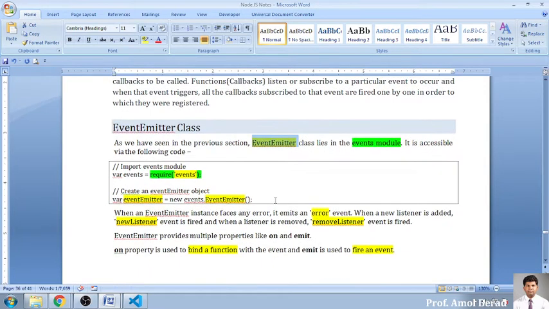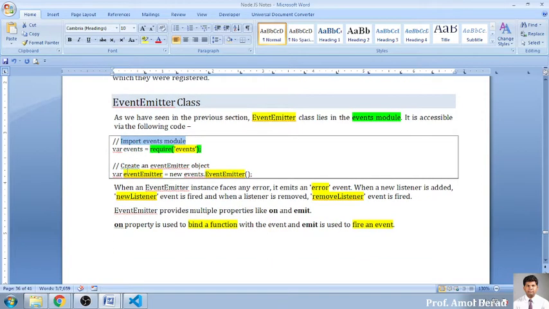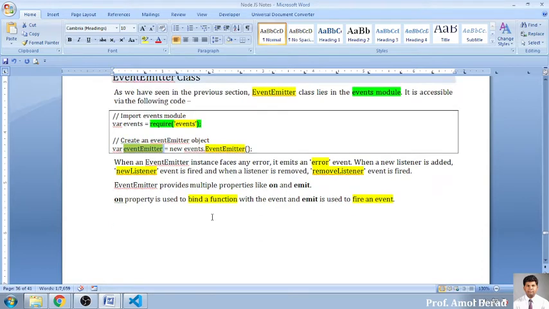So there are two statements whenever we work with events. First, we need to require the events module to be inherited into your application, that is, importing the events module. Second, we need to create an object of the EventEmitter class using the new keyword. With this object, you can do various operations like on and emit.